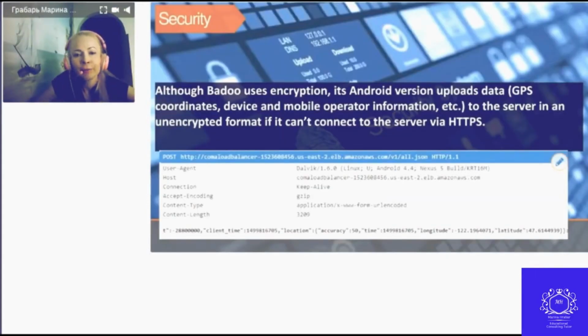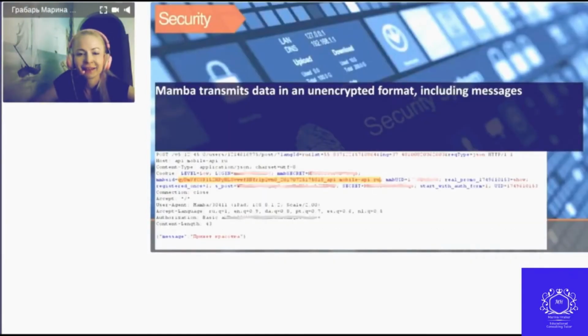Although Badoo uses encryption, its Android version uploads data, GPS coordinates, device and mobile operating system information, etc. to the server in unencrypted format if it can't connect to the server via HTTPS. Mamba transmits data in an unencrypted format, including messages.